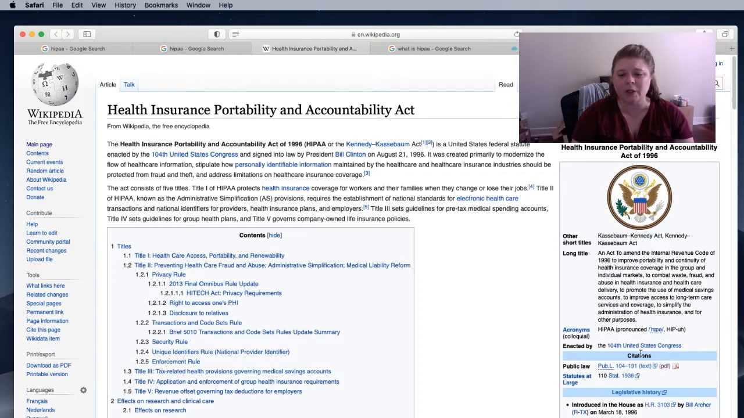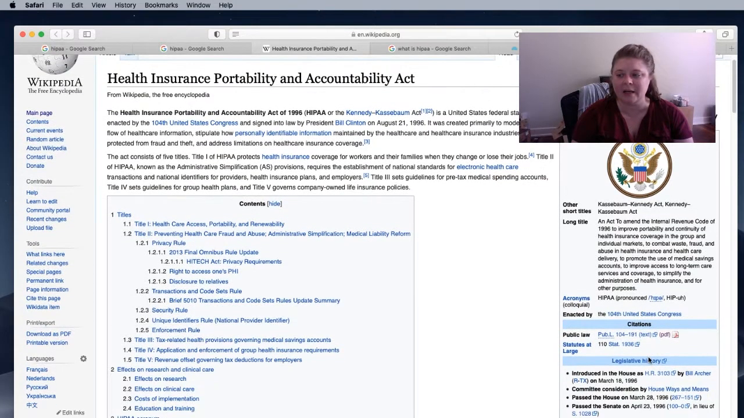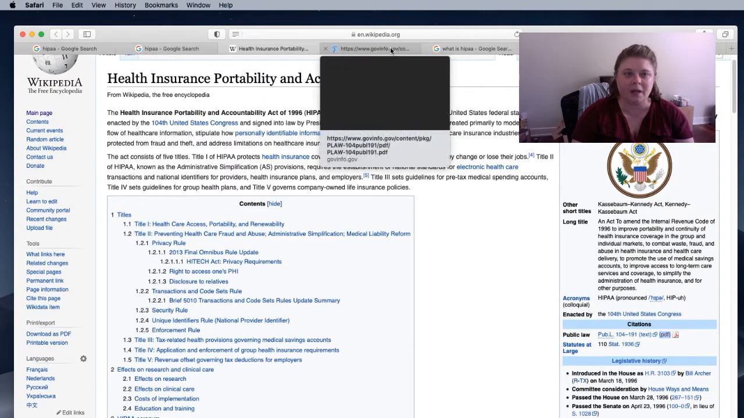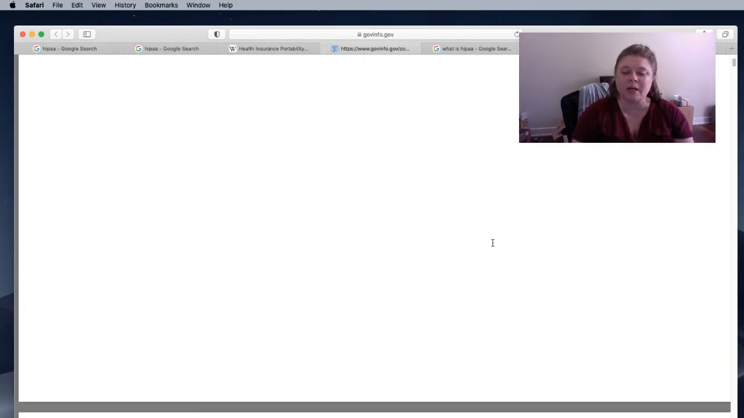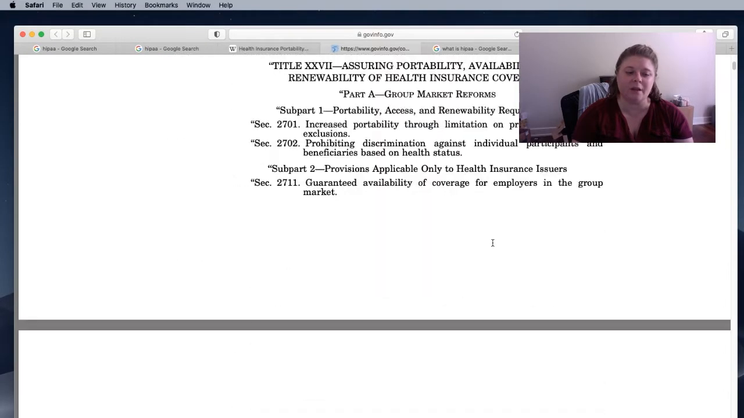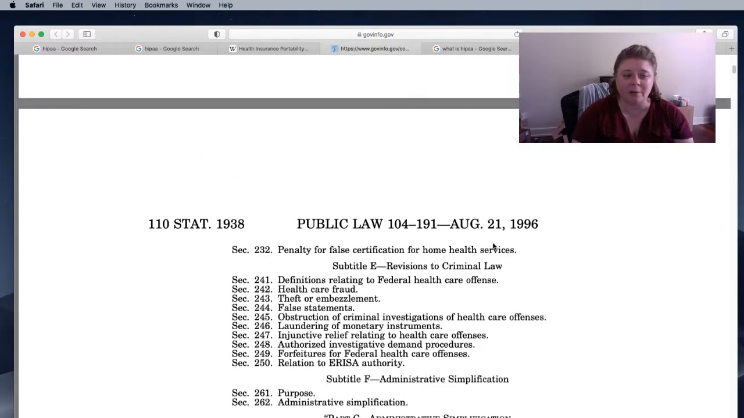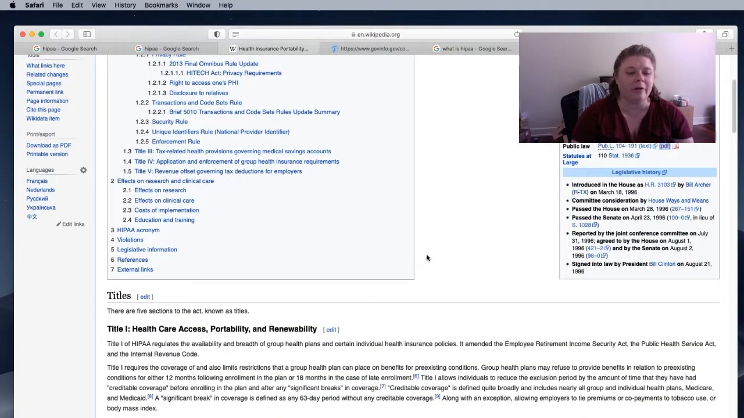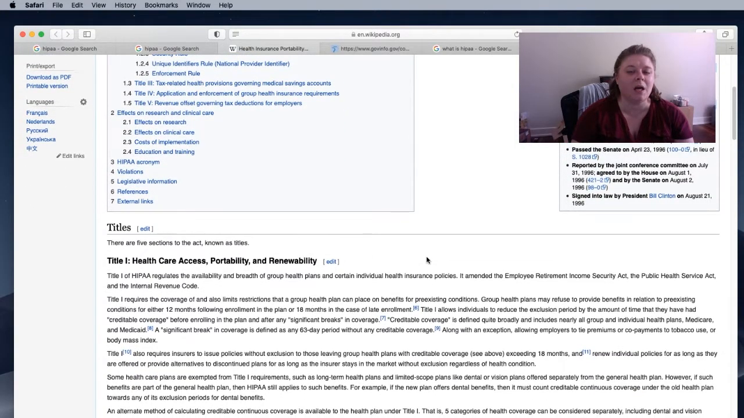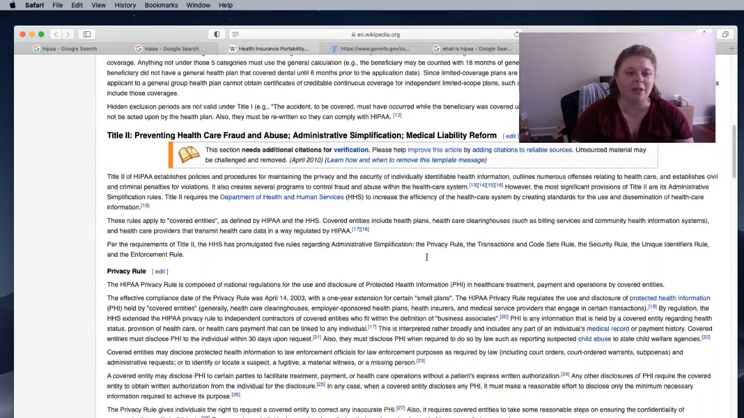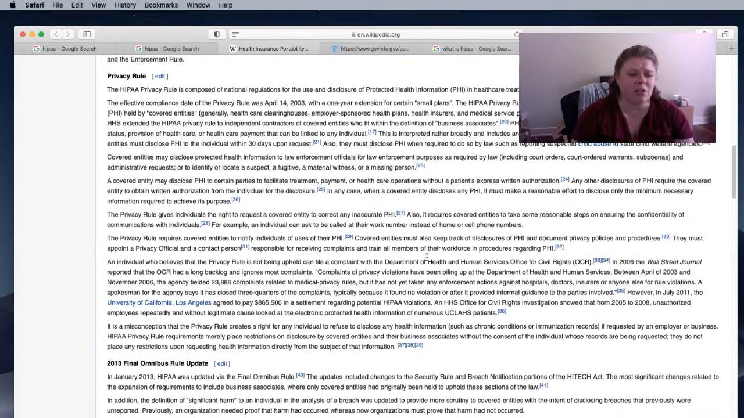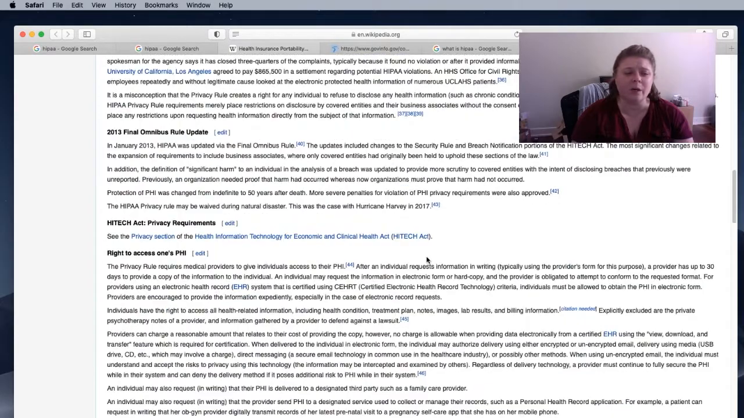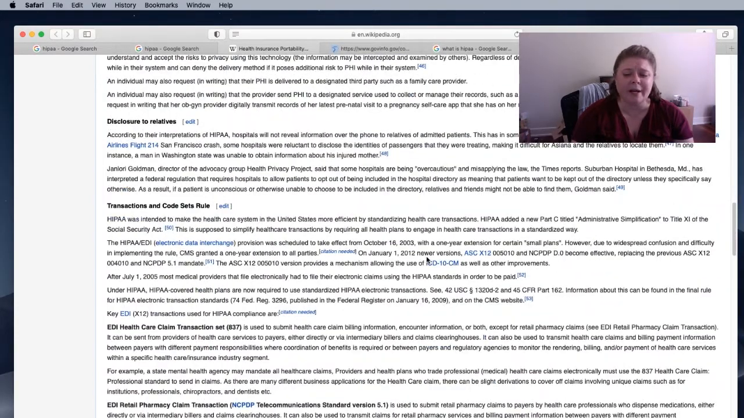If you look under citations on the right-hand side, you can see that there is in fact a PDF of the law. If you open that up, you can actually read the full text of the law. So if you want to know what's in HIPAA, there you go, right there. And then of course, the rest of the Wikipedia article is going to give you that basic overview that we've come to expect from Wikipedia articles. It's nice because usually Wikipedia articles are written in a way to allow anyone to really